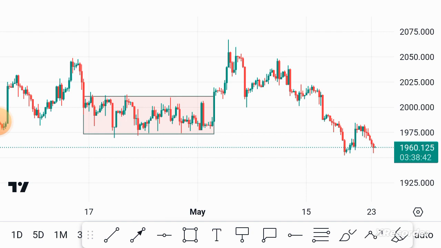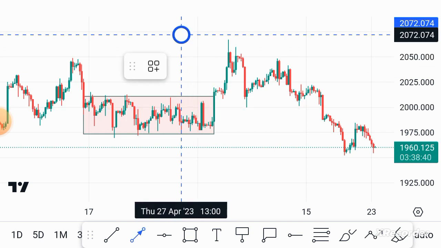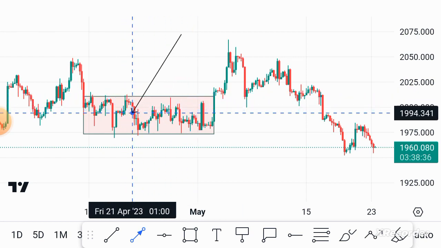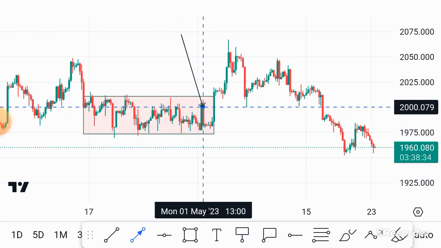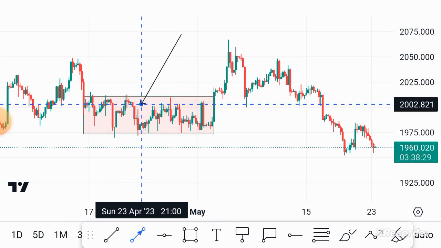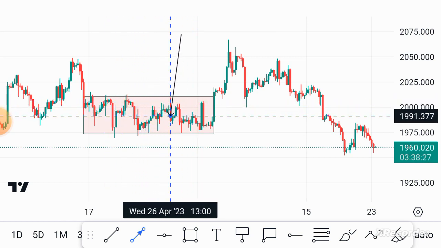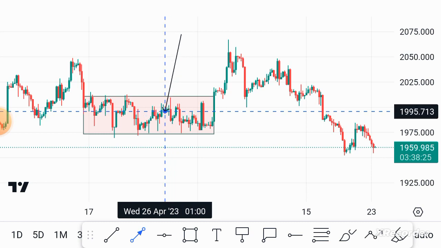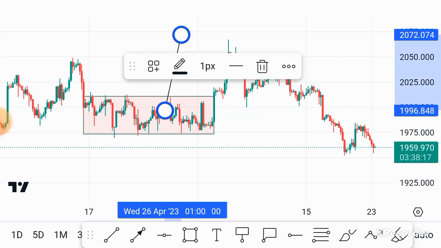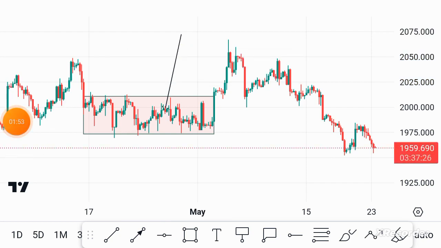This zone here that I have in my rectangle box is what we call a sideways price movement, which means it is not forming higher highs or higher lows. It is not forming higher lows or lower highs. It is just moving in a single